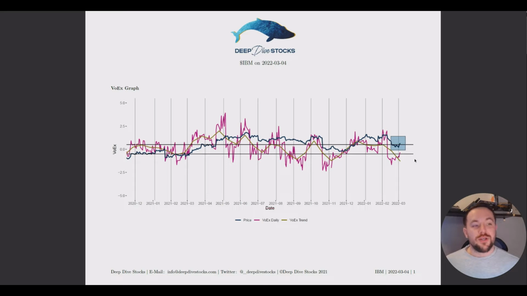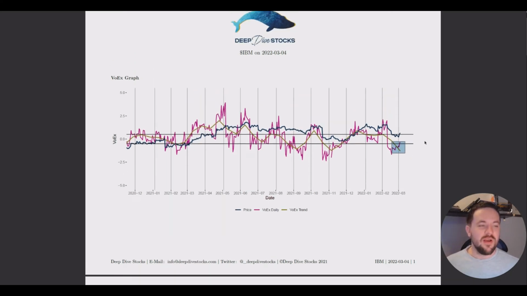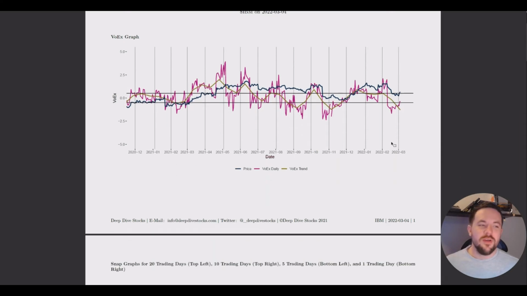But now, currently, I guess before we move on, the VoEx trend is still in the propagation zone, right? VoEx daily might be moving back into stability, but overall, the take-home point from VoEx is that IBM is unstable. Not the ideal situation when you're going into earnings to have an unstable stock, and that's part of the reason why IBM is an interesting specimen this turnaround. So take-home point from VoEx, IBM is unstable.